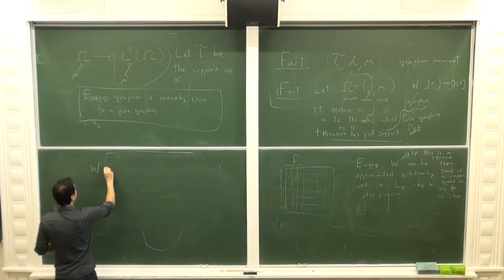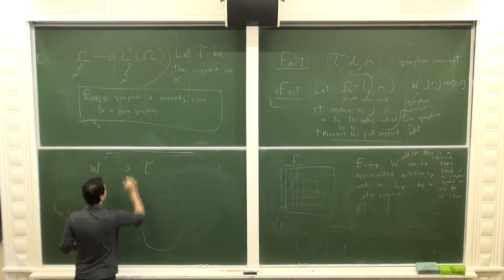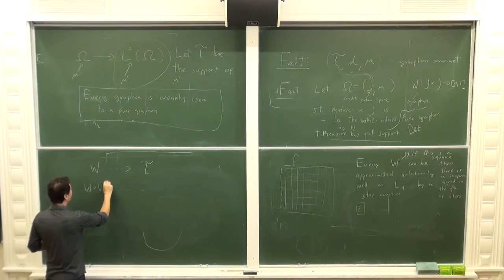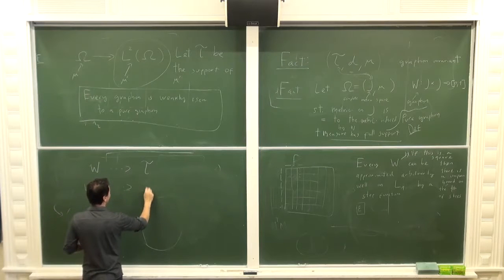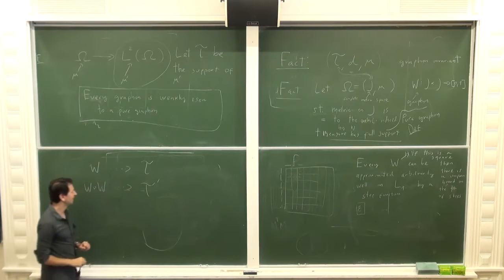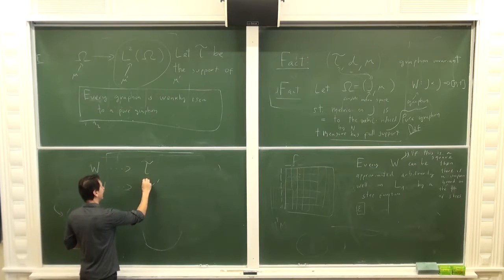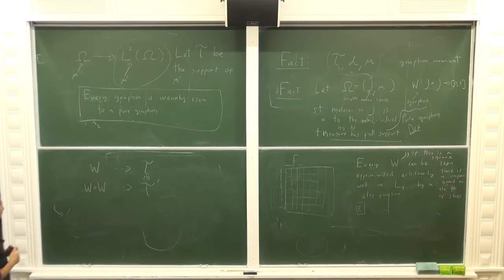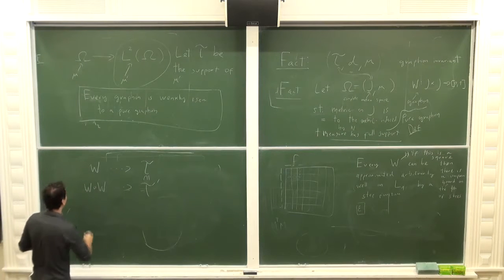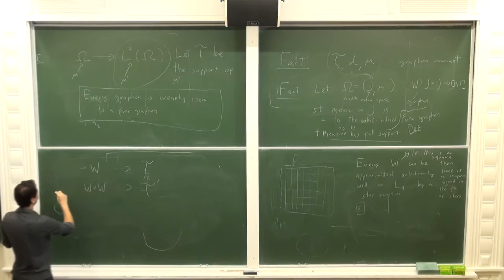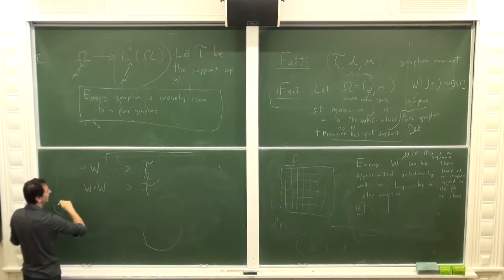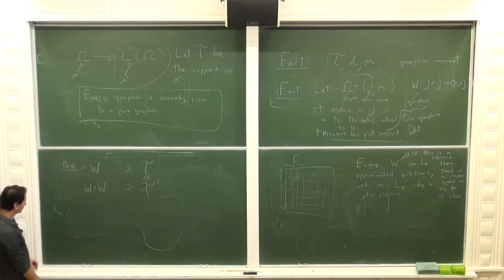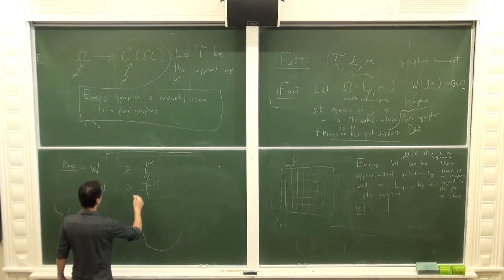Once more, I have W and I have the related topological space T. I have W circle W, and there is the topological space T prime. And the thing is that T is a subspace of T prime. It turns out that if W is already pure, we can assume without loss of generality that it's pure, because both things are invariant under weak isomorphism, then it turns out that